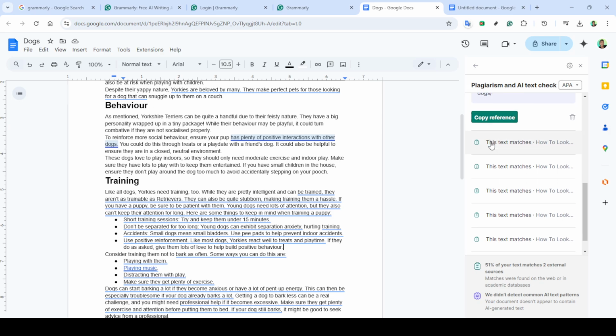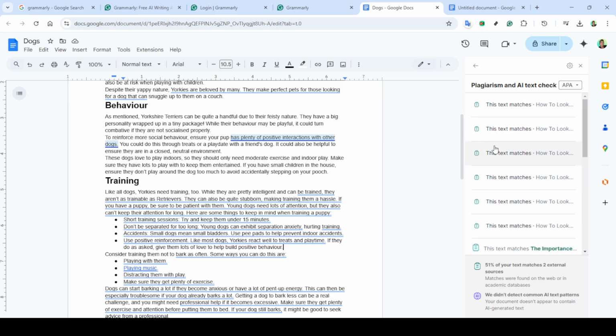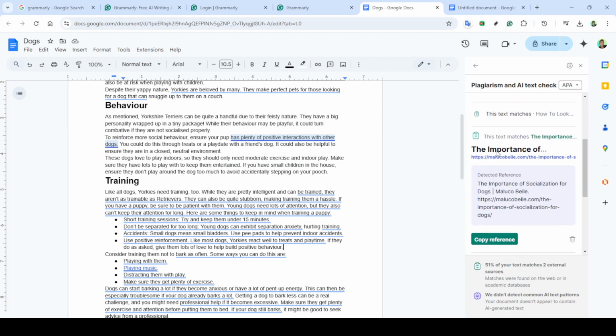While Grammarly is running its check, you'll see a progress indicator. Be patient, as this might take a little time depending on the length of your document. Once the process is complete, Grammarly will provide a report highlighting any potential plagiarism, along with the original sources of the text. This information is crucial for ensuring your work maintains integrity and originality. In conclusion, Grammarly's plagiarism checker is a straightforward and efficient way